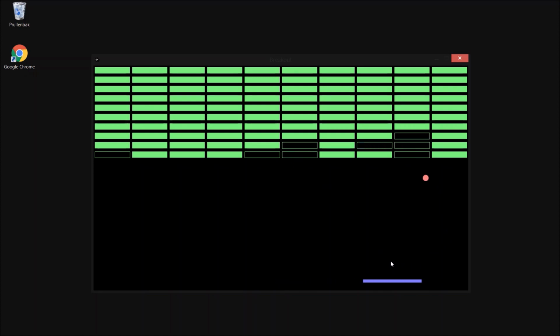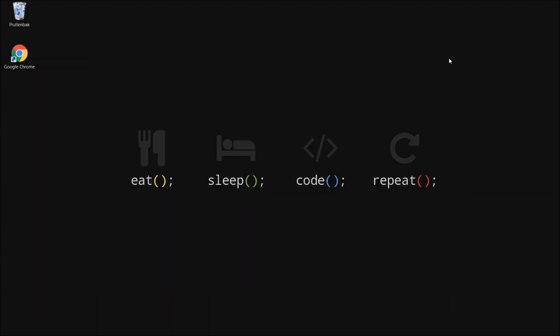To make this game, we will be using an open source, free programming environment called Processing. Processing is often used to program visual and interactive tools, such as the game I just showed you. First, we will need to install Processing. So you will need to open your browser and go to